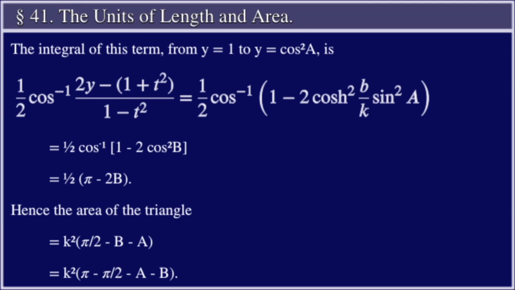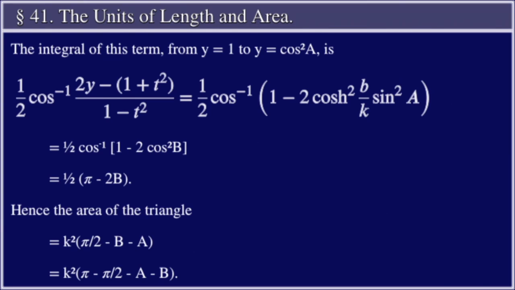The integral of this term from y equal 1 to y equal cos squared A is one half the arc cosine of the quantity 2y minus the quantity 1 plus t squared, all divided by the quantity 1 minus t squared,